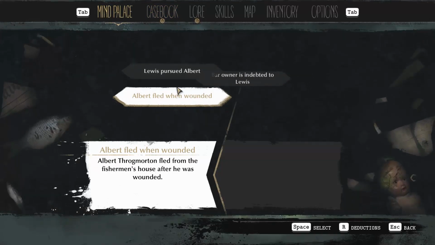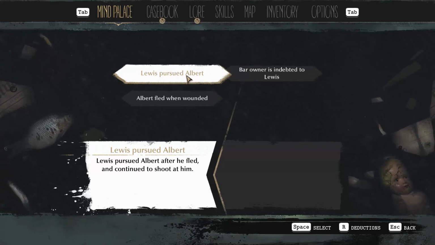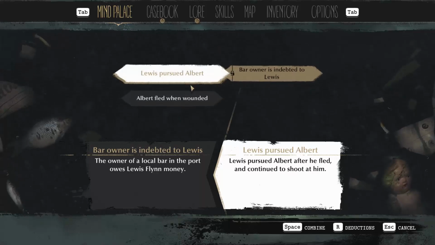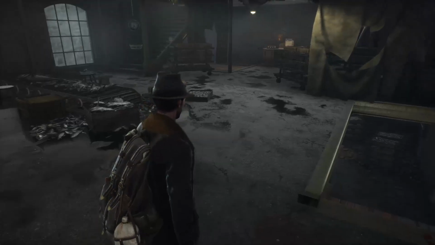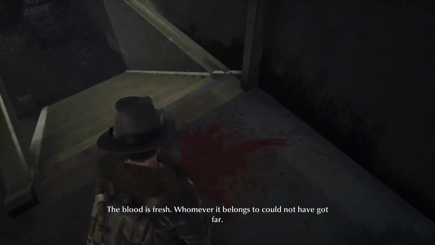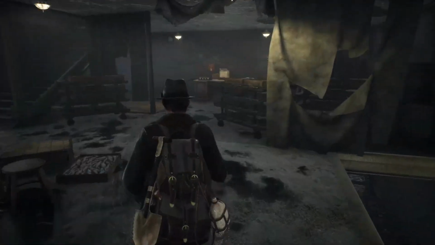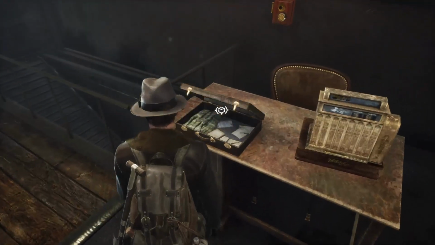What we got here? Albert Flint when wounded. Bar owners indebted. I don't know if this really says anything about... Yeah, no. Again, it's only three, so you can't even connect them all. And the blood is fresh. Whomever it belongs to could not have got far. Well, it certainly would suggest that where we need to go is downstairs, so...